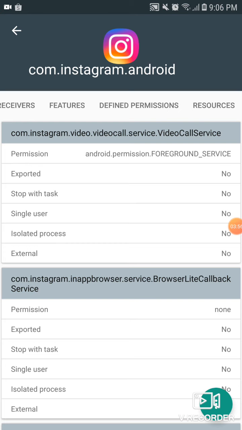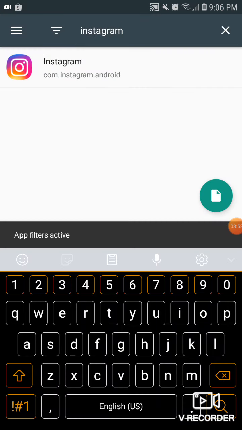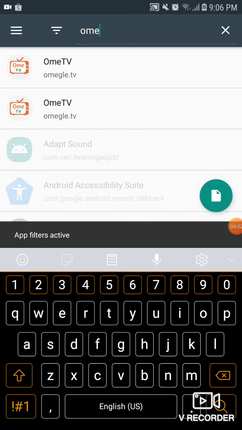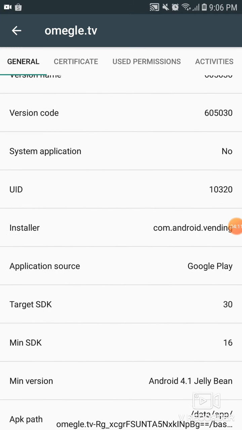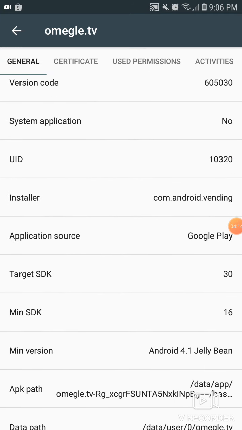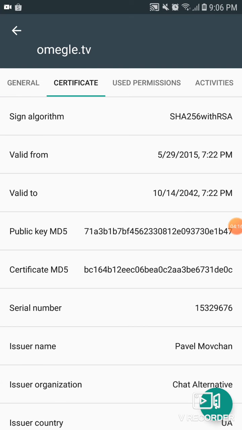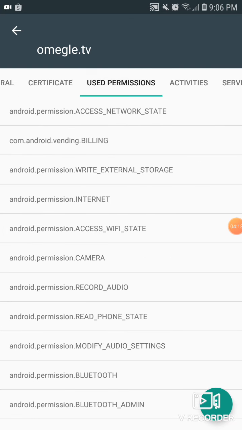Okay, next we will go to the next app, which is Omegle TV, or known as Omegle TV. Its minimum SDK is 16. Yeah, we should go to the permission. Okay, for mobile apps